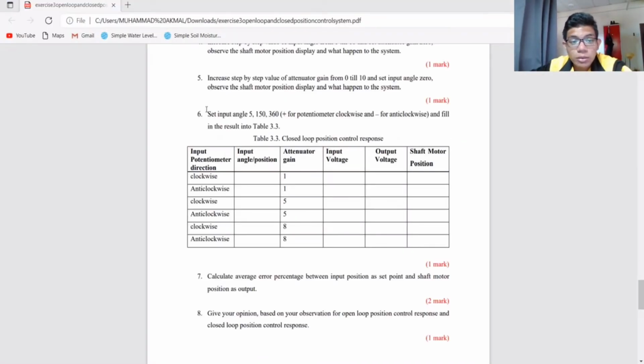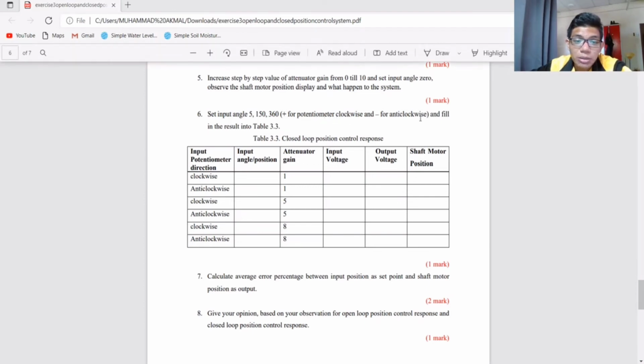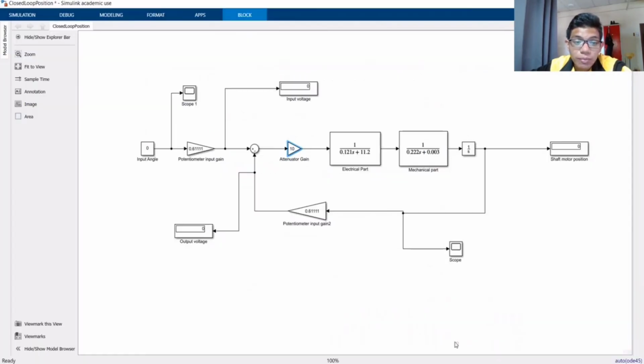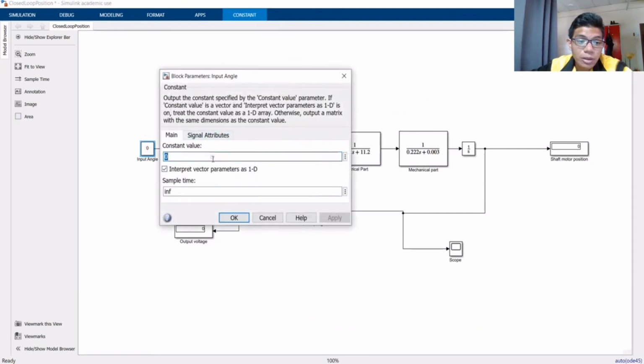Okay, so we are done with step number 5, which is we set up the attenuator gain from 0 to 10 and set the input angle to 0. We move into step number 6, which is to set the input angle to 5, 150 and 360. So we must put the positive sign for the potentiometer clockwise and negative for the anti-clockwise, and then we must fill in Table 3.3. Firstly, we must set up the input angle to 5 first. Okay, we set up to 5,